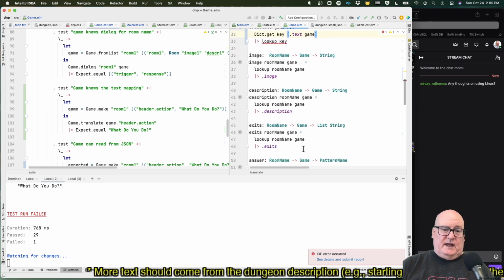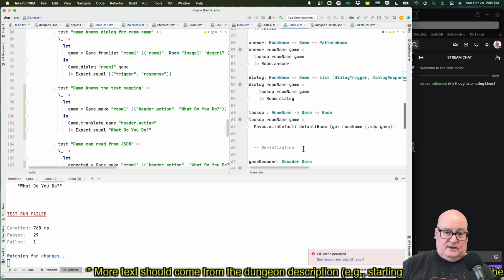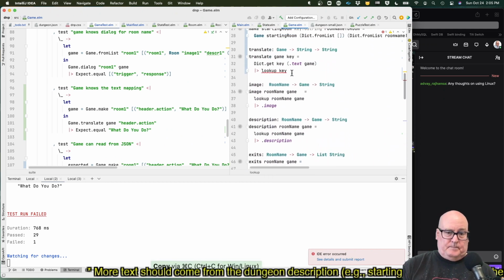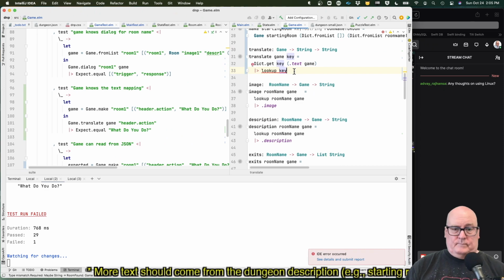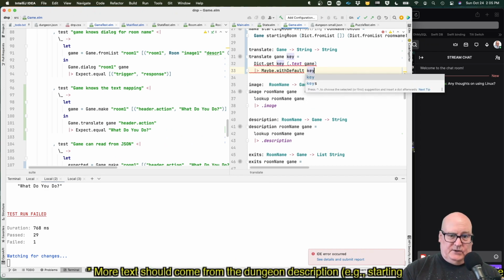Now, that gives you a maybe because you might not have the key in there. All right, so we can do maybe with default and a default value. Maybe with default, and the default value I want, I'm going to say you get key back. That's a pretty standard way to do it.